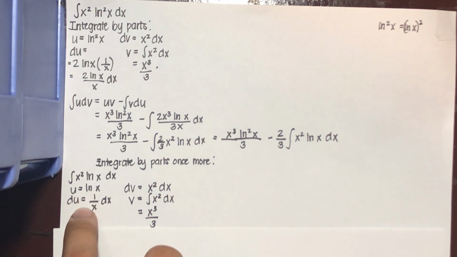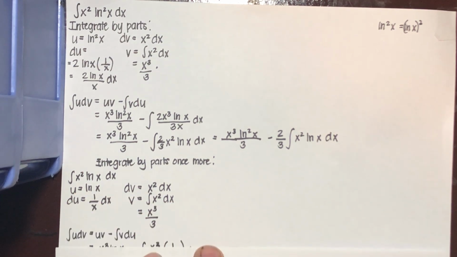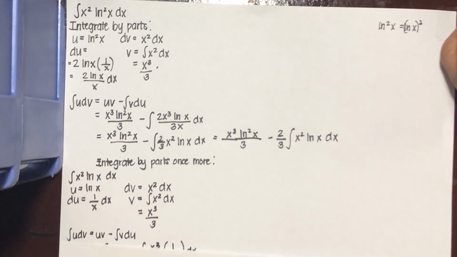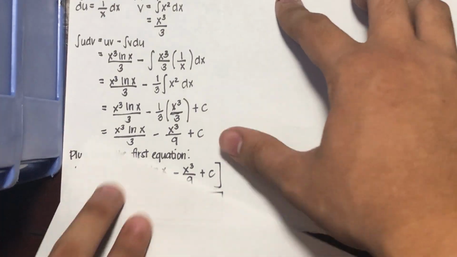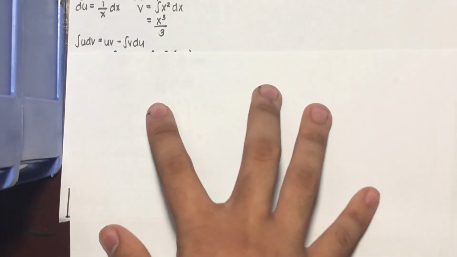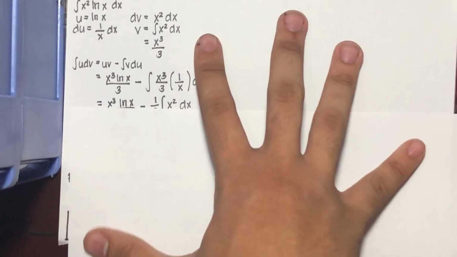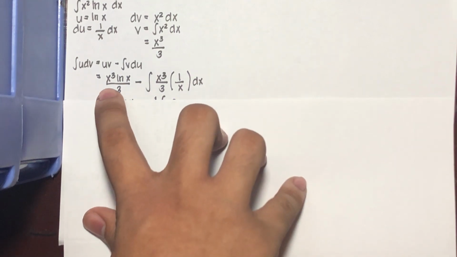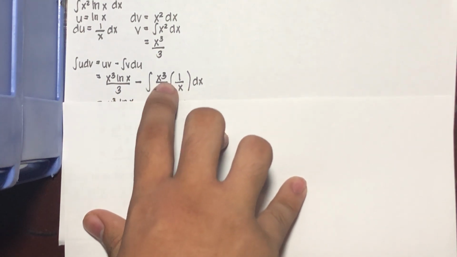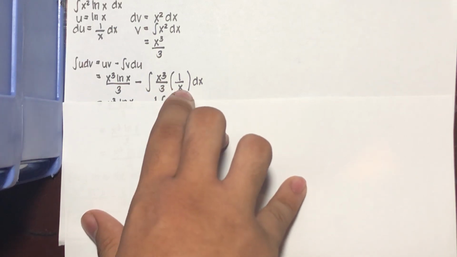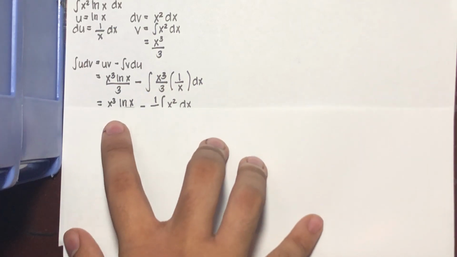Now perform the basic derivations and integrations for these designated parts, the u and dv, to get du and v, and we use, once again, the integration by parts general formula for that. Now we use uv minus v du, which results in this. Now we multiply this x cubed over 3 by the 1 over x dx, and we get